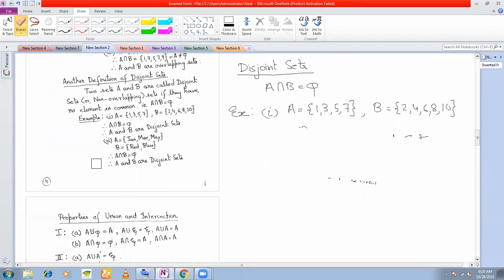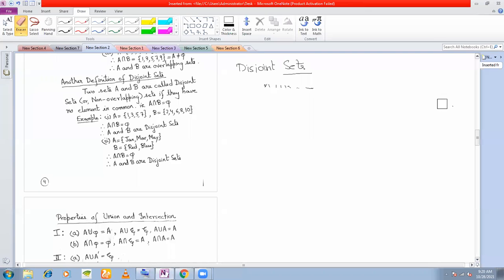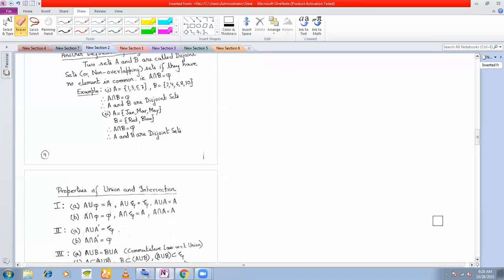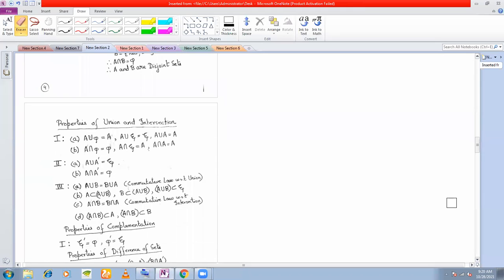Sir, if an overlapping set will be a null set, then it will also be called a disjoint set. Overlapping sets cannot be null sets. Repeat your question once again. Let me understand it properly. I'm asking that if an overlapping set will be a null set, then it will also be a disjoint set. Overlapping sets cannot be null sets, because if two sets are overlapping, they will have something in common. Then they cannot be disjoint. So either a set can be overlapping or disjoint. They cannot be overlapping and disjoint at the same time. Okay, sir.